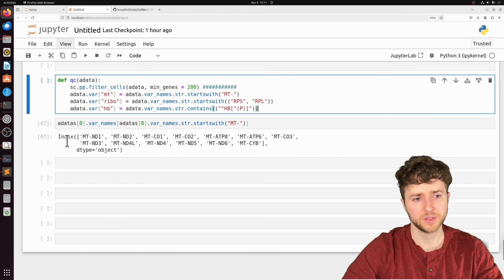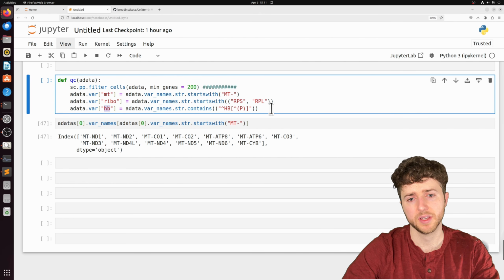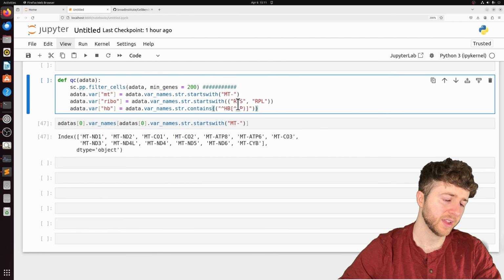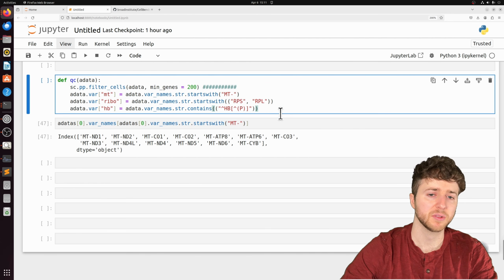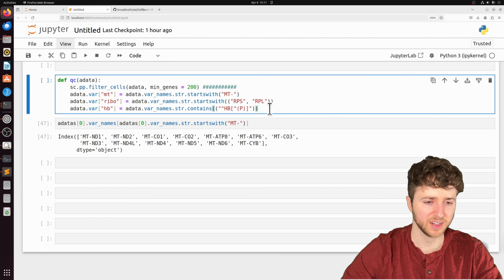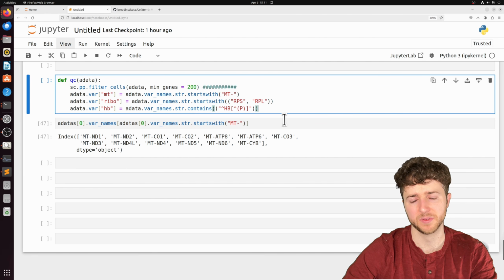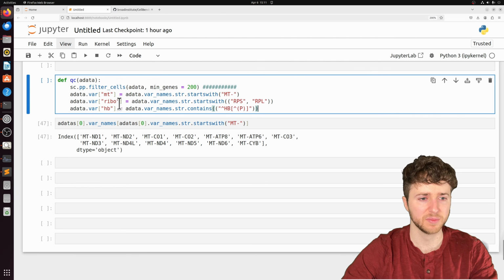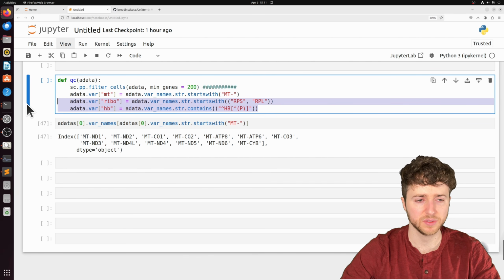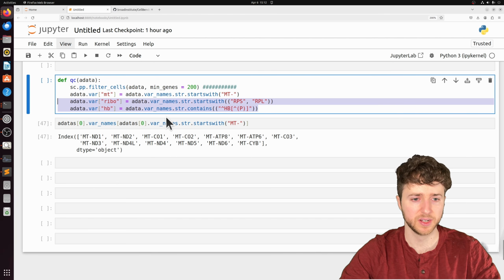And then we can also label hemoglobin. Erythrocytes will have a high amount of hemoglobin, and it can also be indicative of stress response sometimes or technical artifacts, so it's hard to say, but we'll annotate it. You can actually use these variables to correct some of your data.